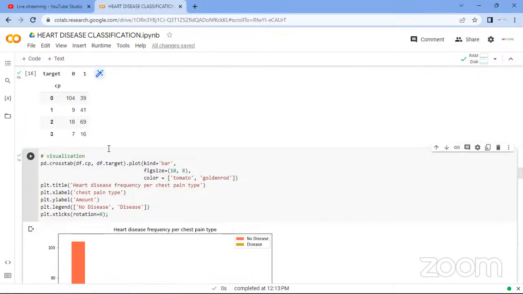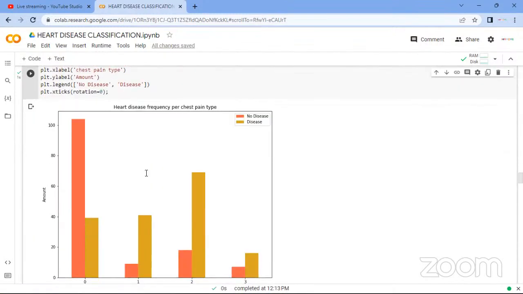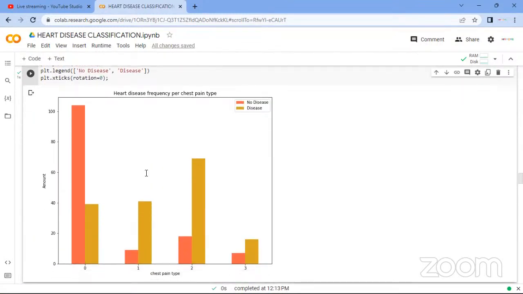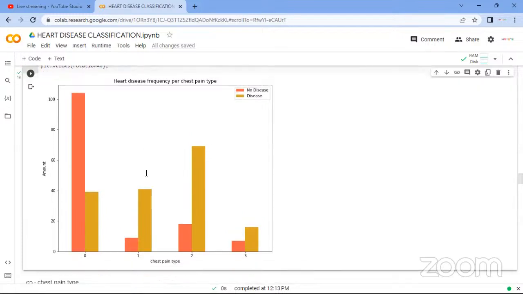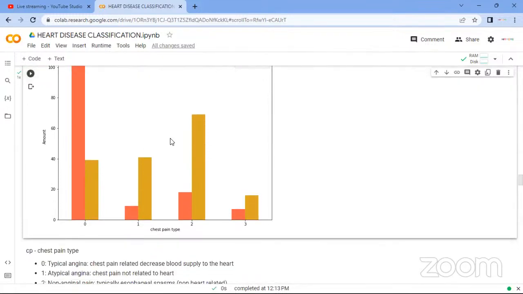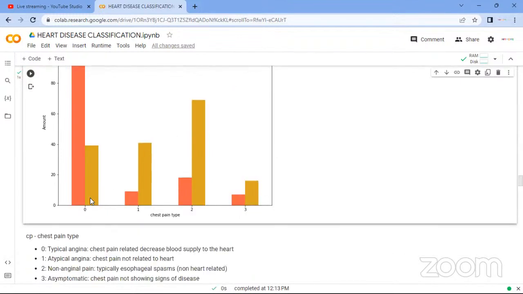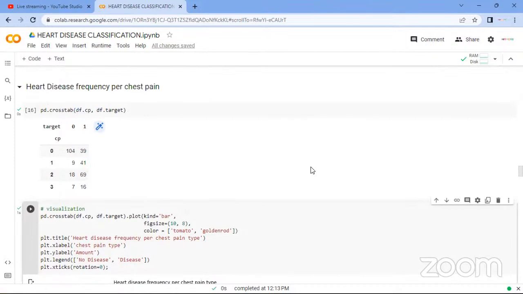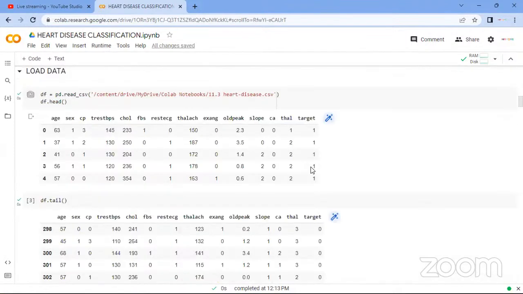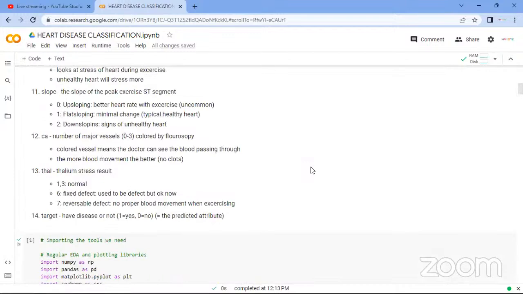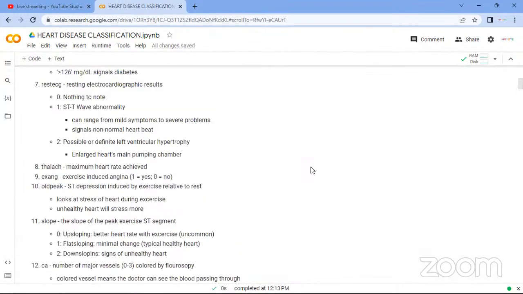Let's run this code. This is the heart disease frequency per chest pain type. If you notice in the data set, we have different chest pain types. Because this data set has already been processed, they have 4 different chest pain types, but it's already been processed with 0 to 3. So if I go back to the description of the data set,